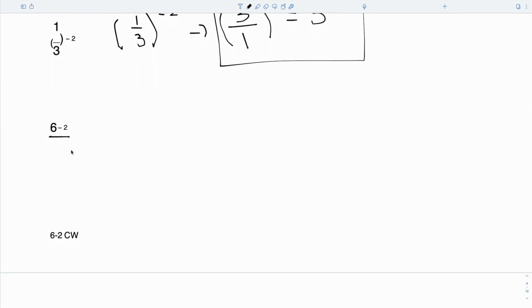Let me get a hand. Who has the answer for this one? Elliot, what do you think it is? 1 over 6 to the power of 3. You got it. Flip the